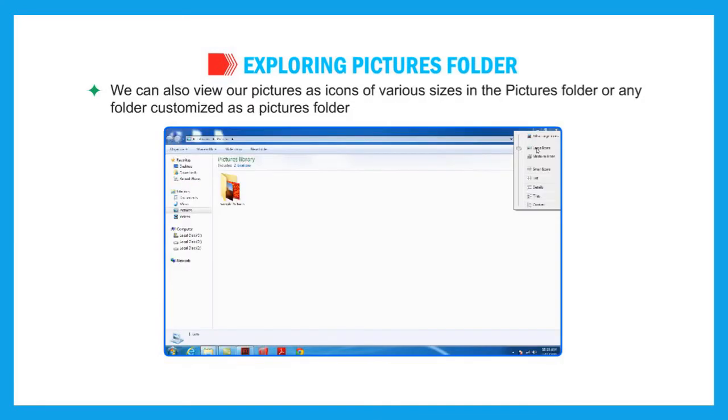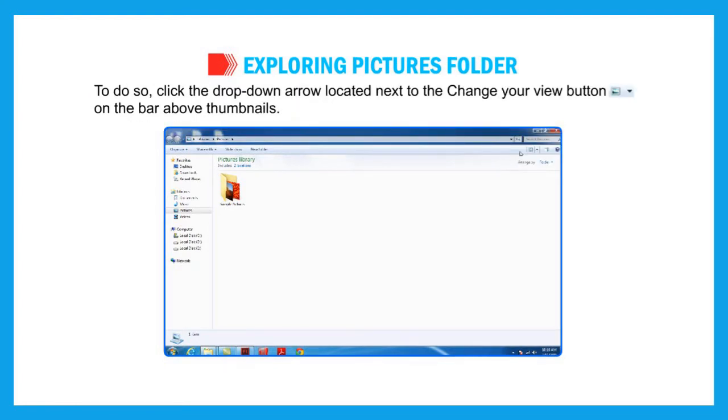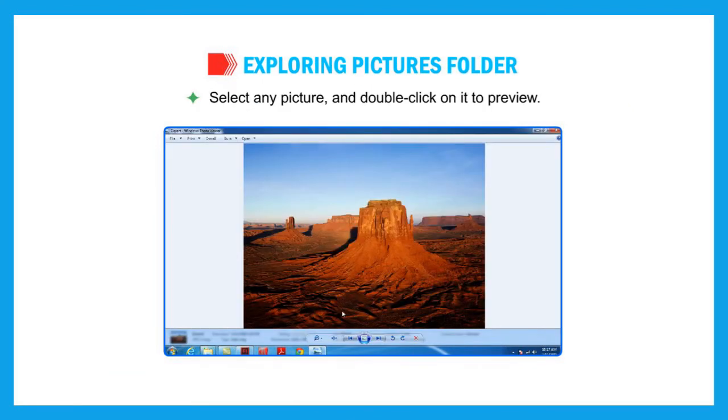We can also view our pictures as icons of various sizes in the Pictures folder or any folder customized as a Pictures folder. To do so, click the drop-down arrow located next to the Change your view button on the bar above the thumbnails. Select any picture and double-click on it to preview.